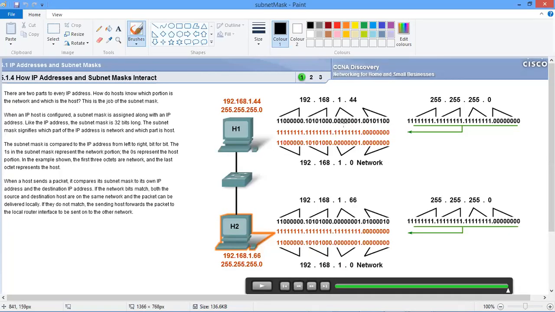Now, subnetting. Whenever you give an IP address to a host or to a network device, you always put the subnet mask. This is a very important place, because when you get this, you will understand IP subnetting. So this is the foundation of that subnet. You need to grab it here. So this is the IP address. This is the subnet mask. Subnet mask is actually just a group of octets that we use to identify the network an IP address belongs to. When you look at this place now,